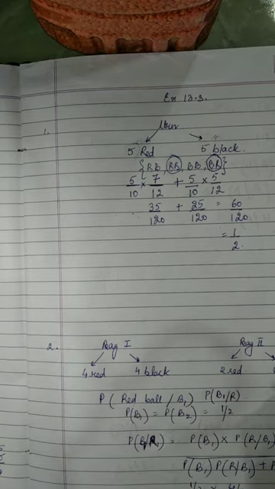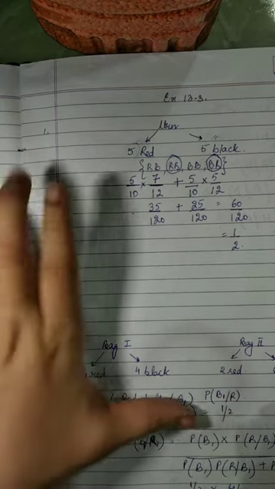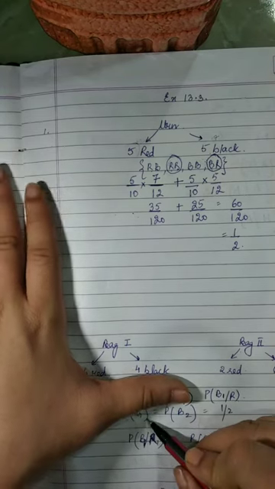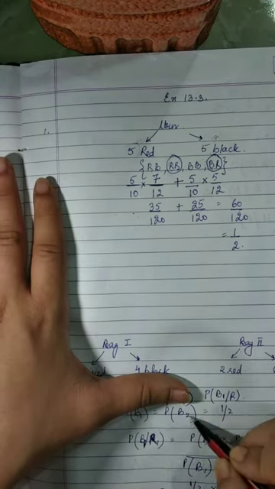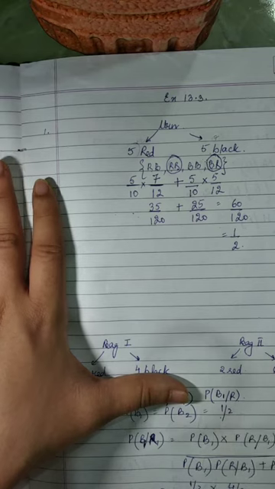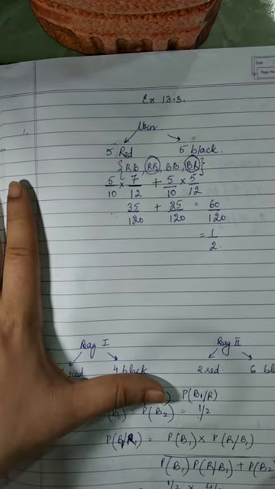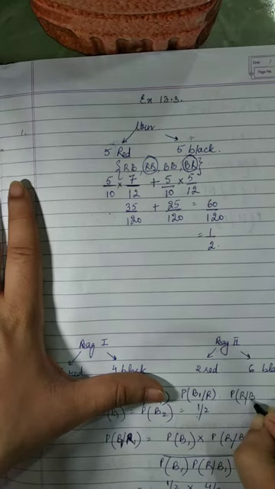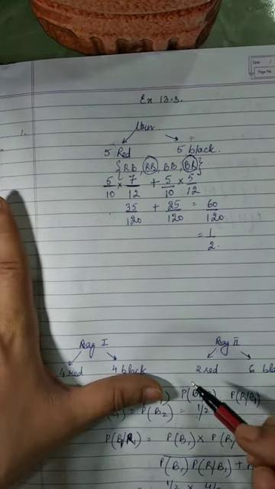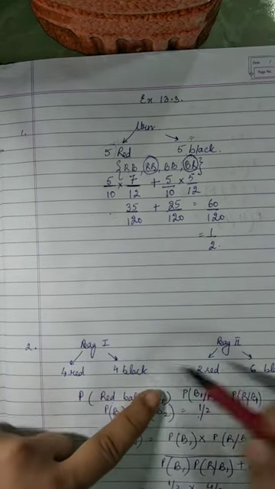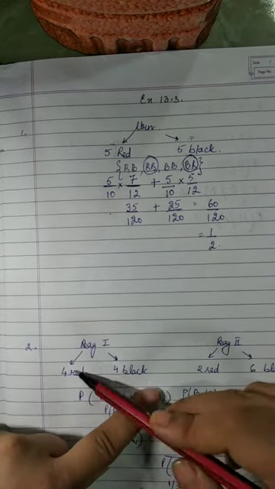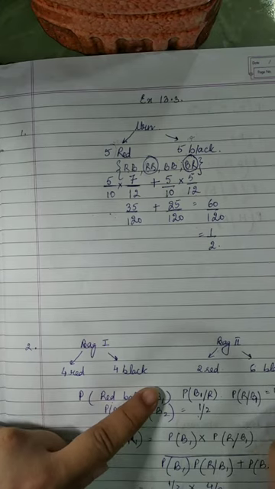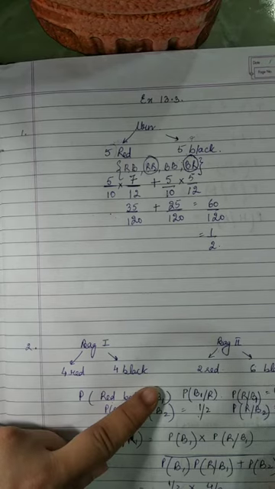Now, there is one thing we already know: if I select my first bag, its probability will be equal to the selection of the second bag, which is 1 by 2. Now, according to the formula, another thing I need to know, because this is a reverse probability, is P(R|B1), choosing a red color ball from bag 1. It will be 4 by 8. And choosing a red color ball out of bag 2 will be 2 by 8.